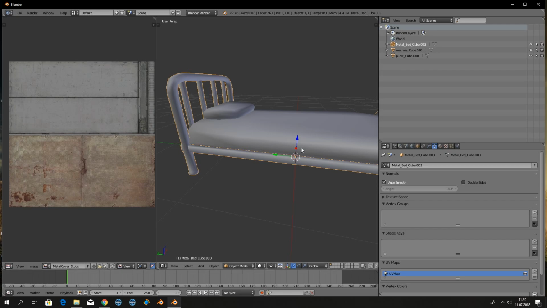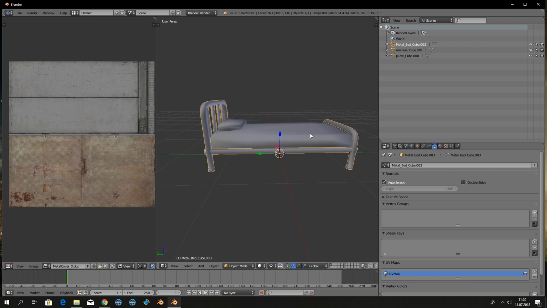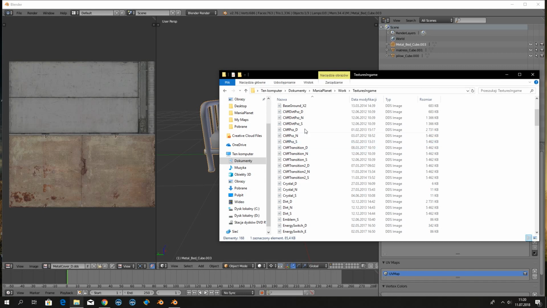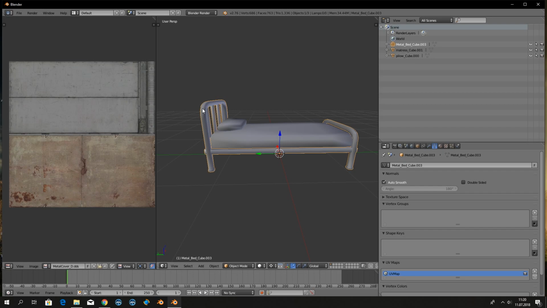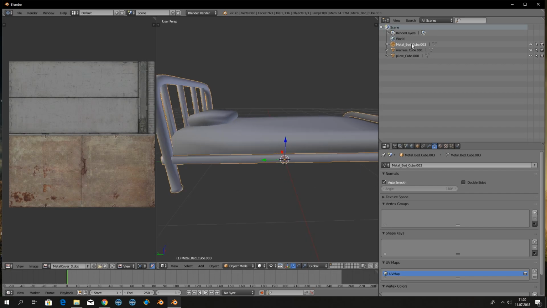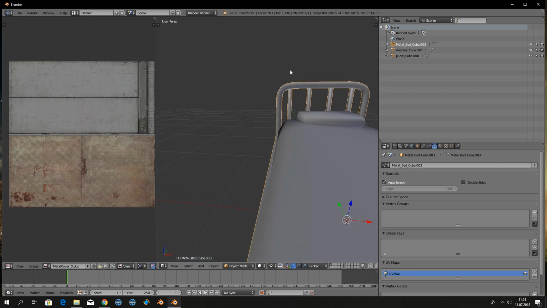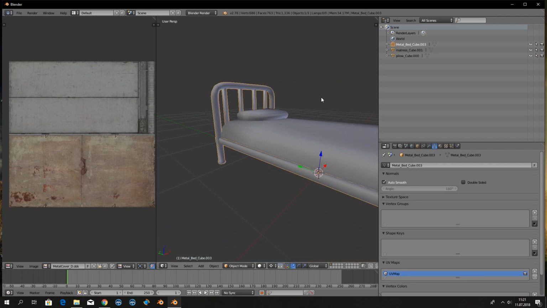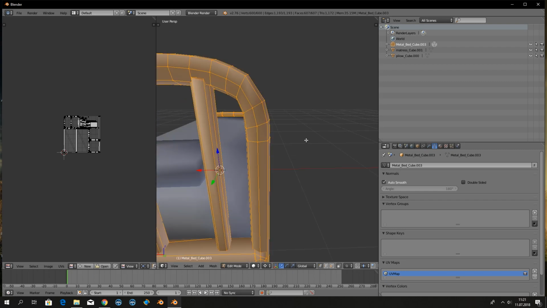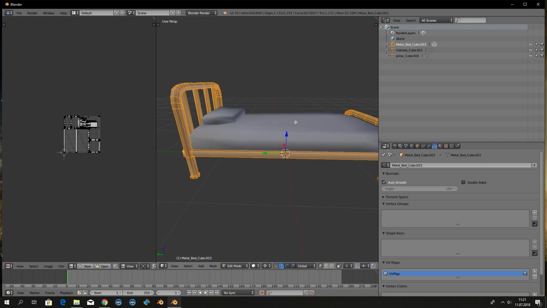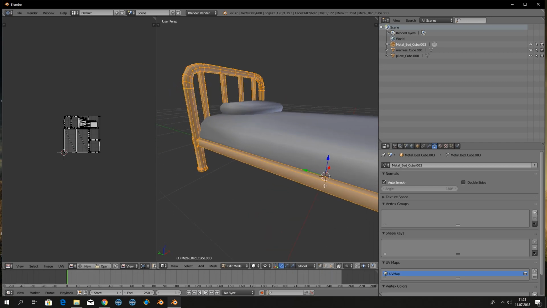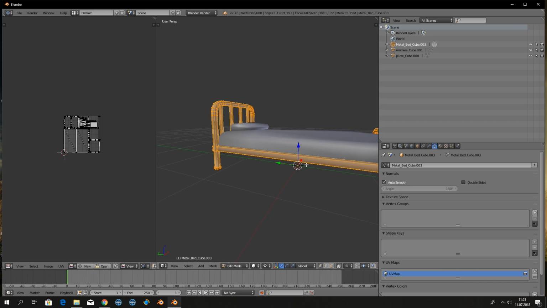I think it looks good for this. So what I'm gonna do is click on the metal bed cube and click the tab, and I see, whoa, what is this? I don't know. So basically you can see there how this bed is made, and now you can click here,